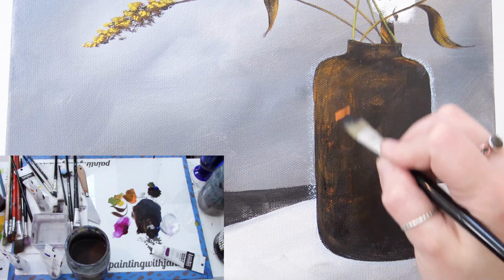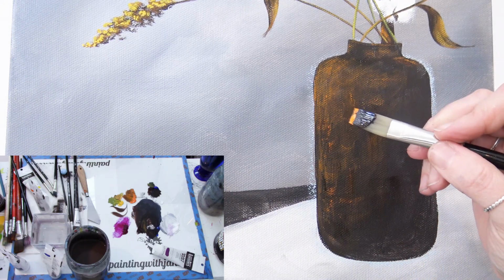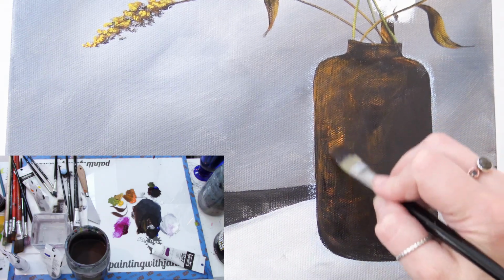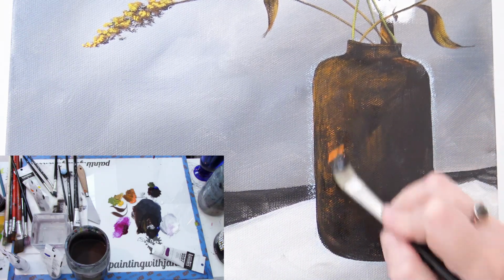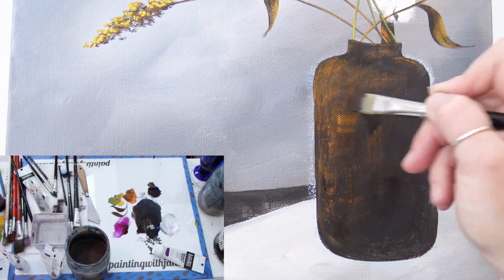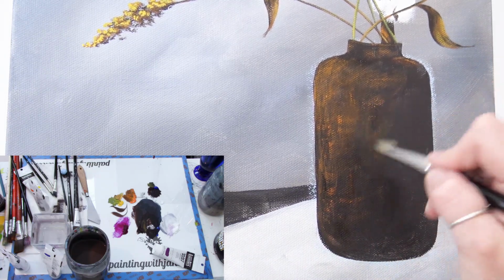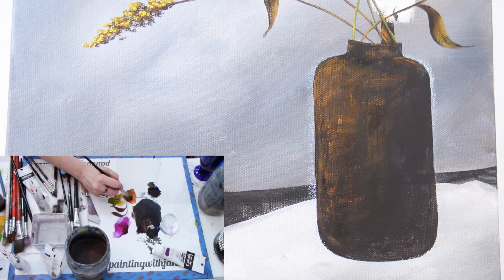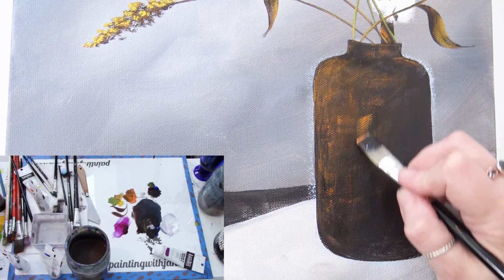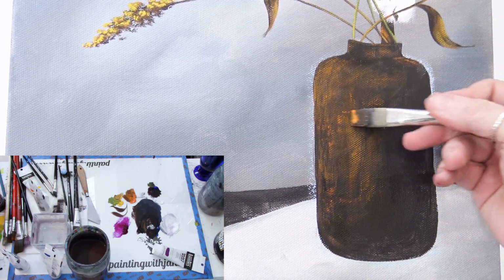See, because I have my brush double loaded, see how I've got all that brown on there? But I only picked up orange on the one side, so I can come in here and lay that down and flip it over and put heavier pressure and kind of blend it or dust it. So I lay down that orange, flip it over, and I can kind of smear it in or get rid of it, whatever I need to do. So again, orange on one side, not on the other. Just pull a little bit of it there, flip the brush over,